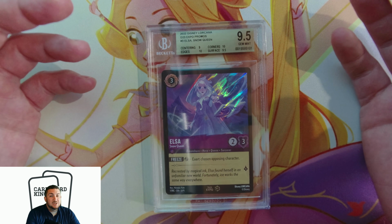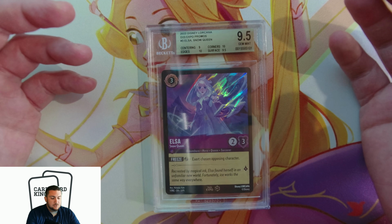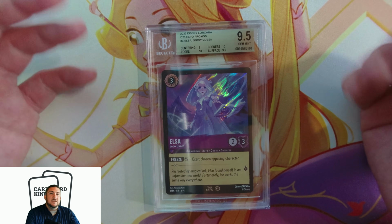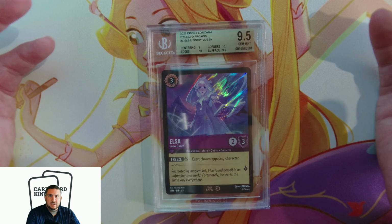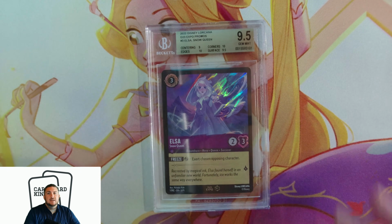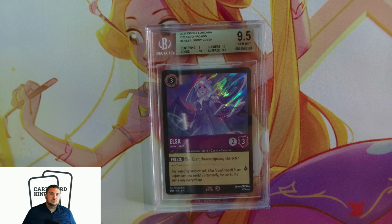While I don't really collect BGS in my personal collection, in terms of grails, it's I would say the best place you can get a card graded in a high grade if you have a grail card. For example, if you have any popular, let's say, Pokemon card, a BGS Pristine 10 versus a PSA 10 first edition Charizard, the BGS Pristine 10 is going to go for significantly higher